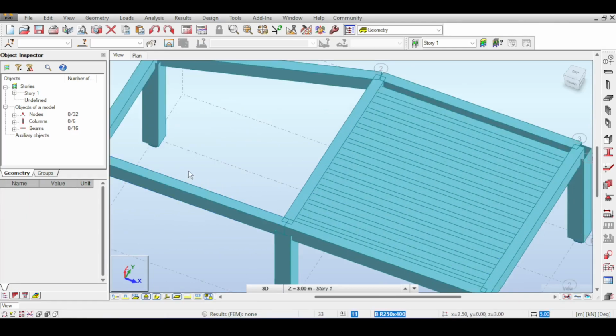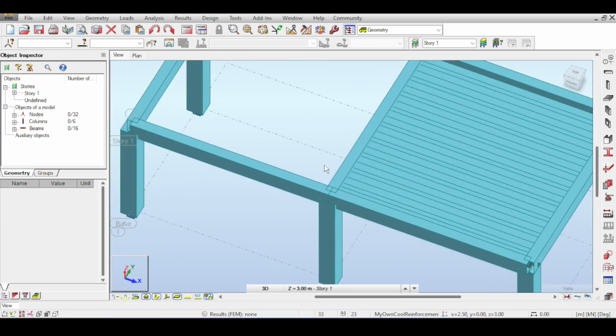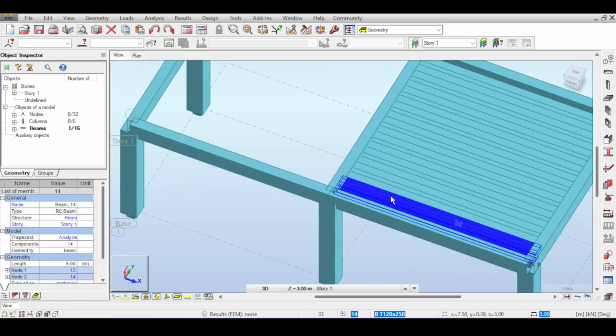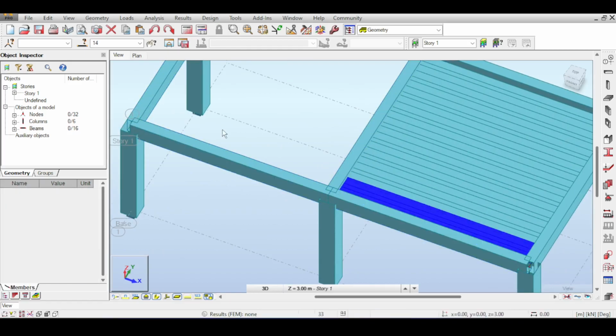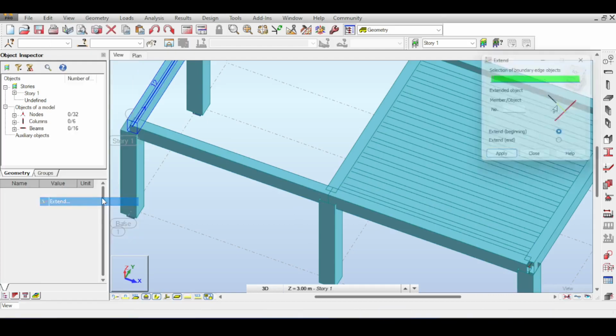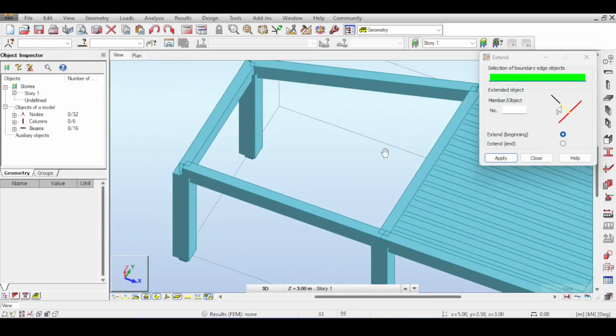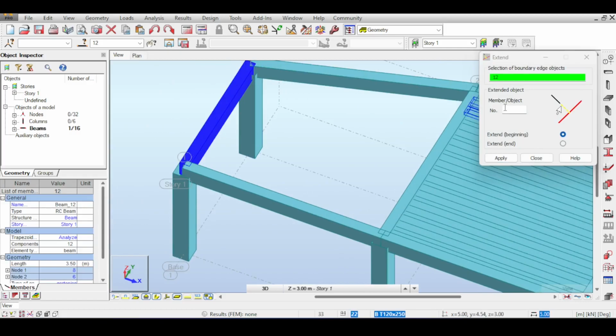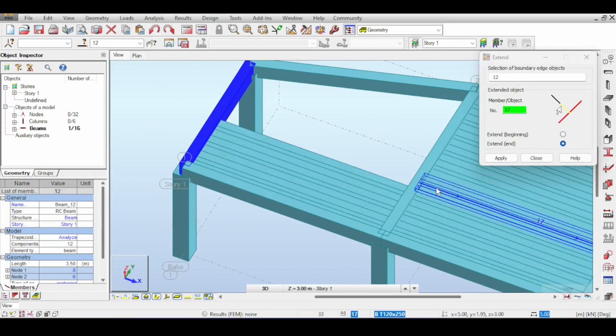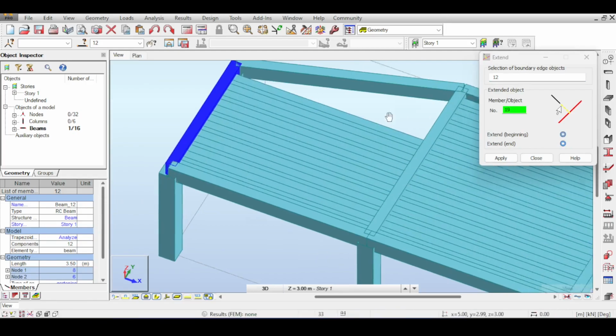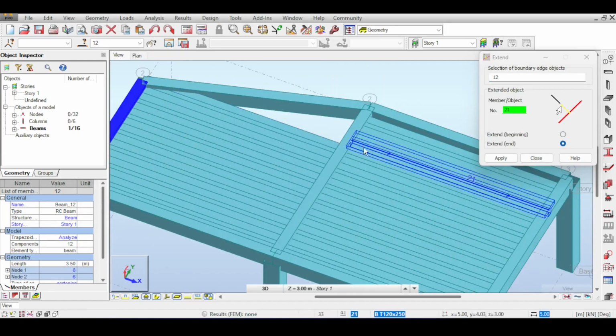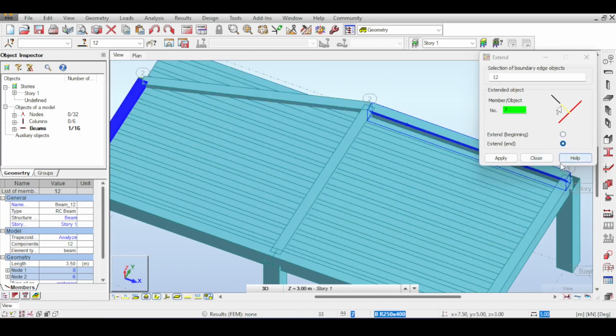Now, do we have to draw new ribs? No, we don't need to draw new ribs. We can just extend this rib to the next span. So let's do that. Edit. I'll just say extend. And I'll select the boundary edge, which is this one. And then I'll extend the objects from the beginning. So let's do that. And now I'm extending. This is AutoCAD stuff. This is really cool. And this is why I love Robot. It just lends itself so well with the